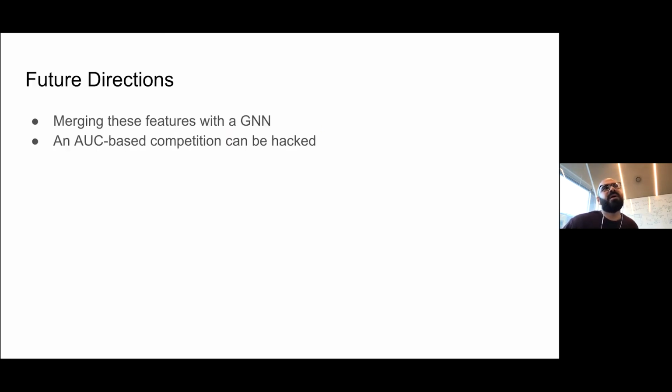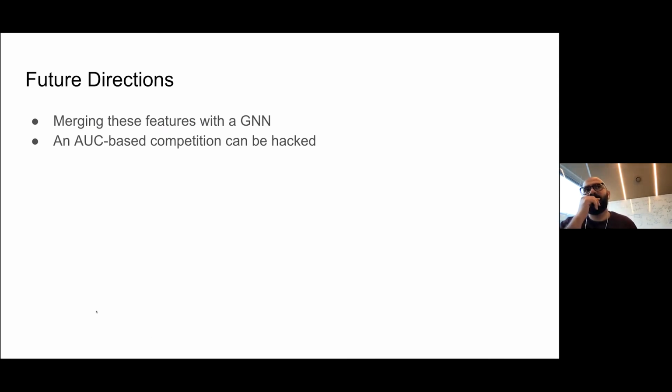Well, so that was kind of the end of my presentation. I just want to say that our code is also open sourced on GitHub. And for future directions, I was saying that we were trying to make it work with graph neural nets, and we couldn't. Maybe if we merge these features with the GNN, for example, handing them over as an edge embedding or node embedding, maybe it will work. I'm not sure, but it can be a very interesting thing to test. We just didn't have time to do that.